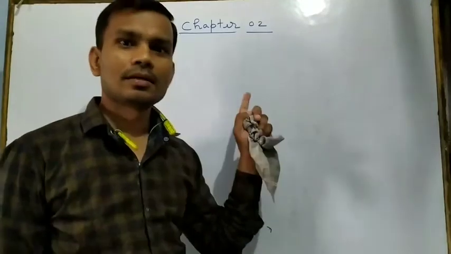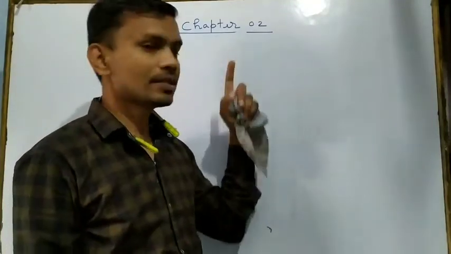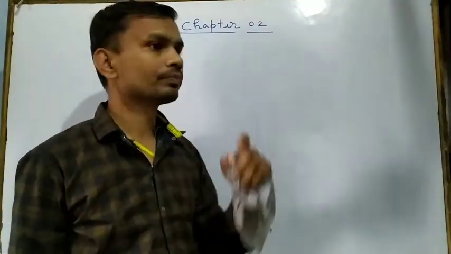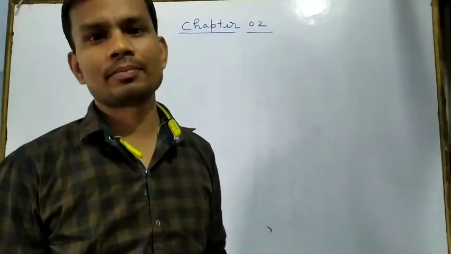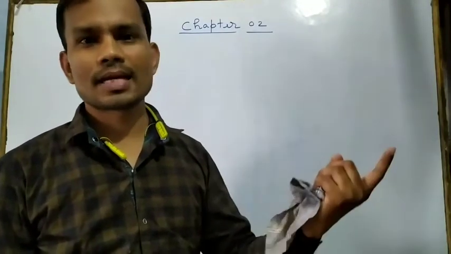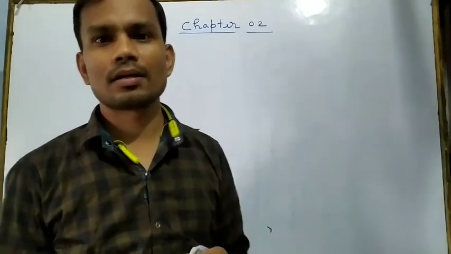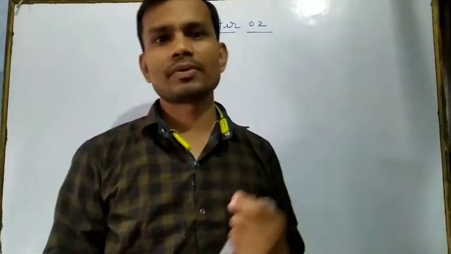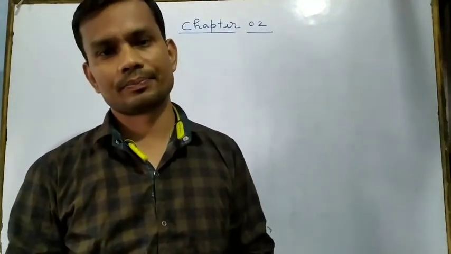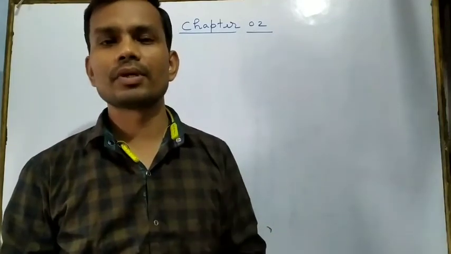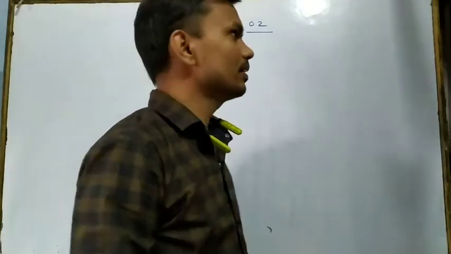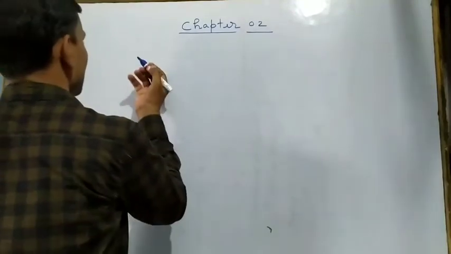Now you have to see this is the second video of chapter 2, and in this video we are going to discuss about the dipole. Suppose we have a dipole, then at an axial point, an equatorial point, or any general point we take, we are going to calculate the electric potential. In chapter 1 we already calculated the electric field. So here this is the heading,